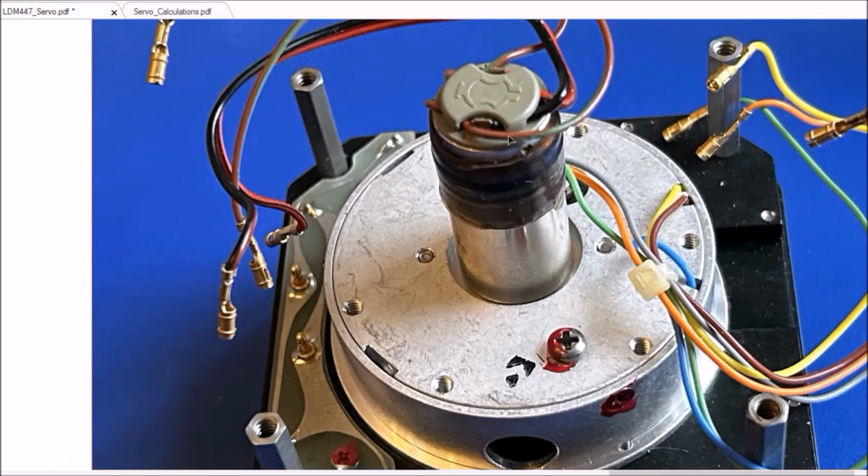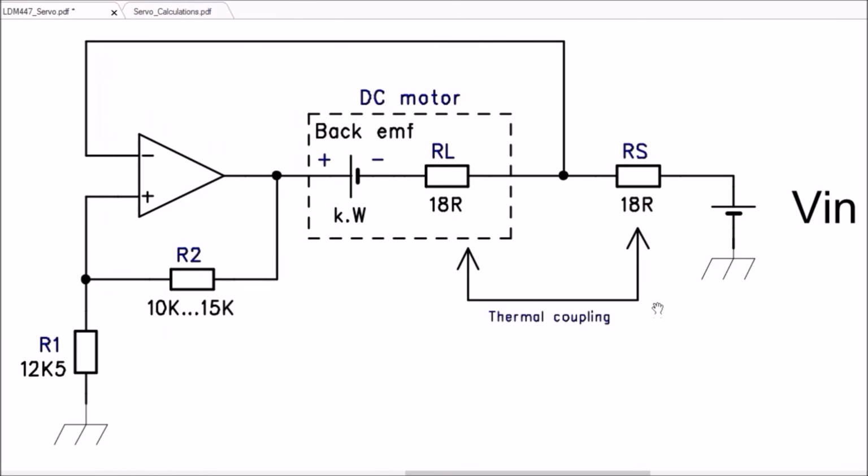The current sense resistor is made with copper, and this resistor is kept at the same temperature as the DC motor. So if you suppose first that we have a perfect motor with no load, therefore the current flowing through the motor is null. Therefore we can see that the back EMF voltage here appears across this resistor R2.